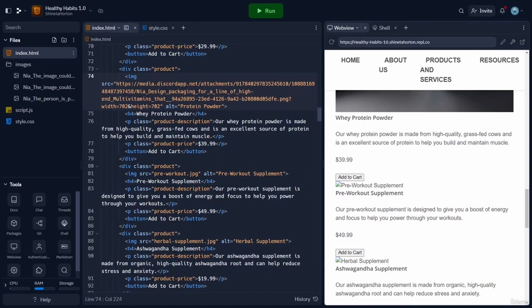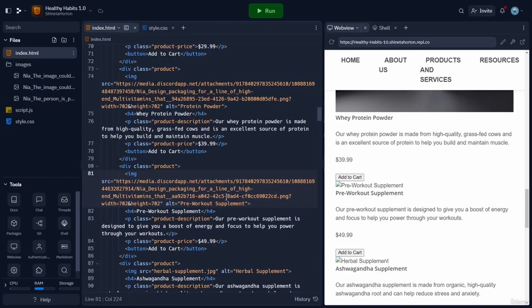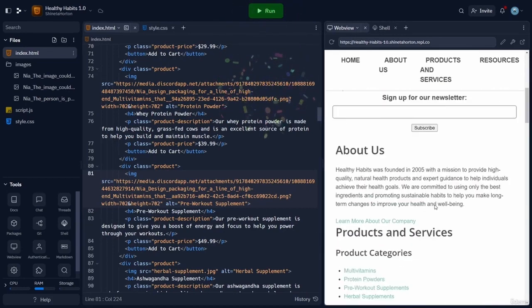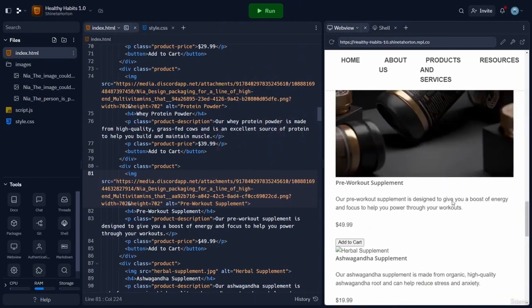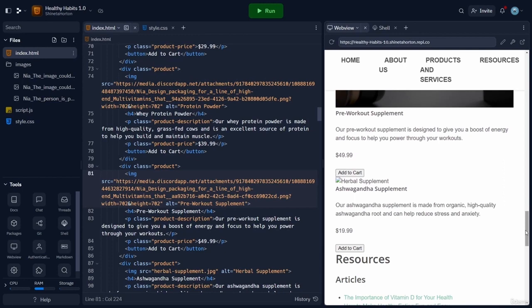So I'm going to go ahead and grab the image address for another of our bottles and paste it in the pre-workout image source attribute value, which is here. And I'll go ahead and run. I just want to run every time I add to make sure that everything is coming up well, and it is. And the last is an herbal supplement,